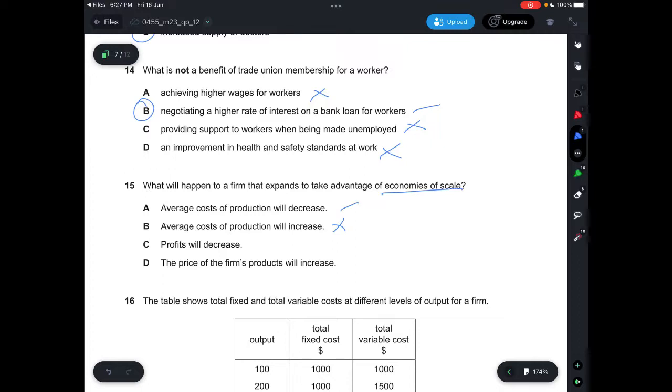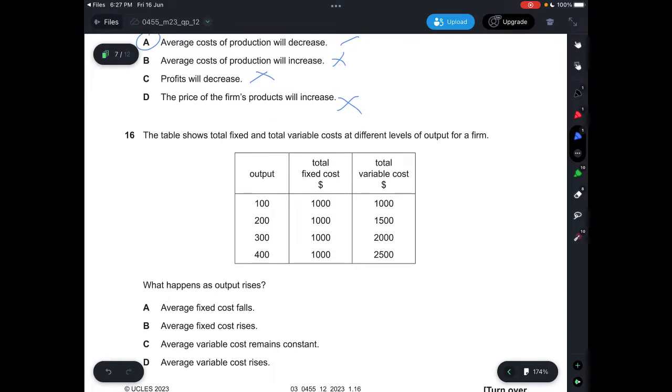C says profits will decrease, which is not correct. Your expansion is to maximize profits. And D says the price of the firm's product will increase, which is not correct. So the best answer would be A. Average COP would decrease. Question 16, the table shows total fixed and total variable costs at different levels of output for a firm, and what happens as output rises. So you can see that the fixed cost is $1,000 regardless of output,